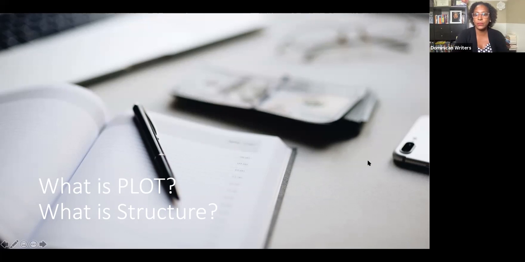So for today's class, I'm going to be talking to you about plot, structure, and since we have extra time, we'll also be talking about acceleration, which I honestly wish when I was in my MFA program, someone would have talked to me about how to make a story move. I think we spent a lot of time talking about language and the sentence structure and time, and all of those are of course interconnected to plot. But I think there are really some important mechanisms we have to master as writers if we want people to actually care about our stories and care about what's happening in them. So we'll be talking about that.